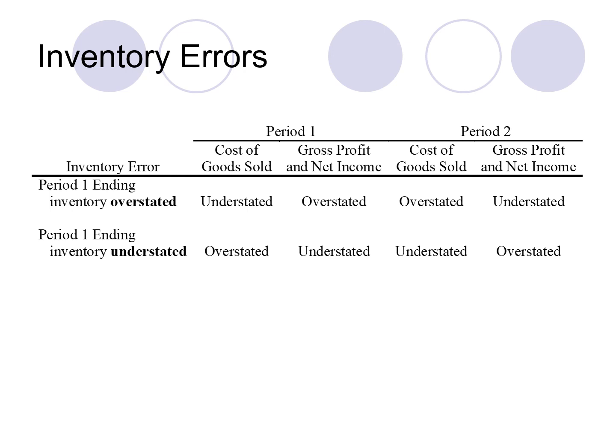So if the ending inventory value is understated, it will overstate the value of cost of goods sold and understate the value of gross profit and net income. And the same is the case with the second period. So this is the impact of recording the wrong value of inventory, because we can get the amount of cost